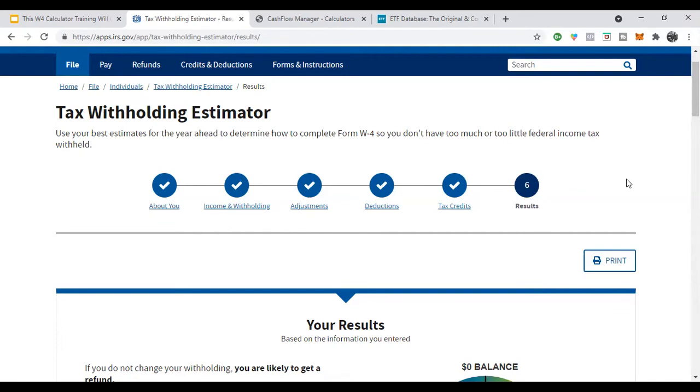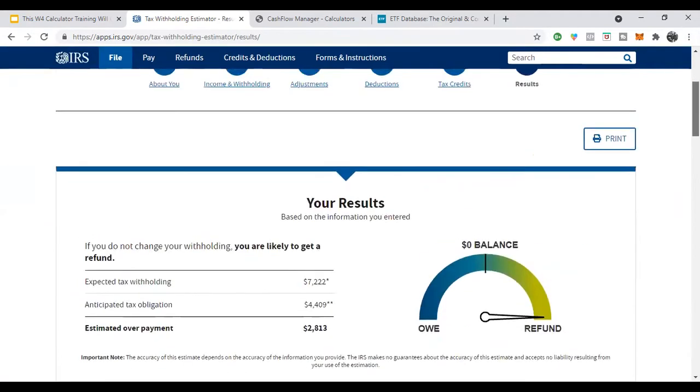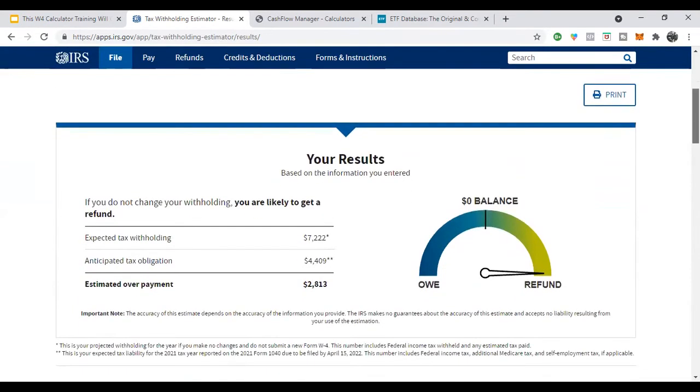This is just a rough example, okay? But if for whatever reason you left something off, you were unsure about something, all you gotta do is go back to that section, and it'll take you back to that screen and reconfigure your results. So it's really, really easy to navigate. Absolutely. And this is the beauty of this calculator, because it takes you to this results page, and now you'll